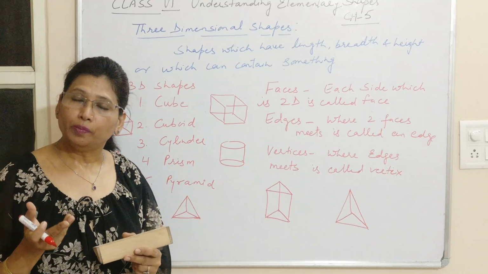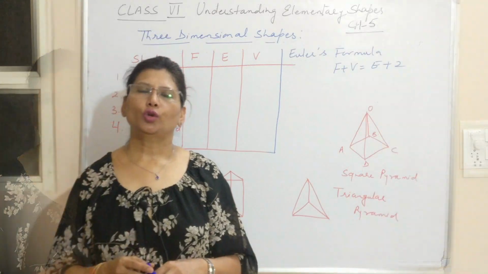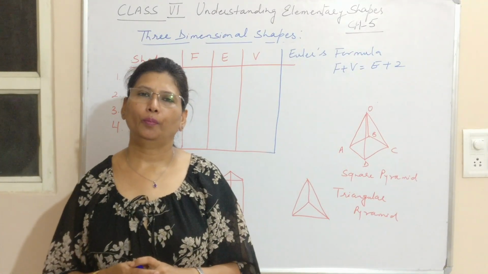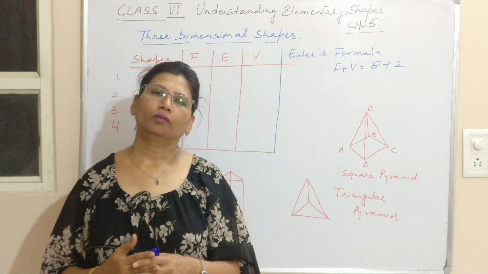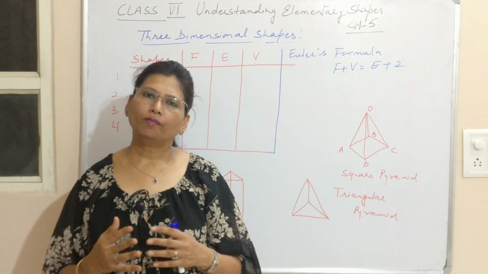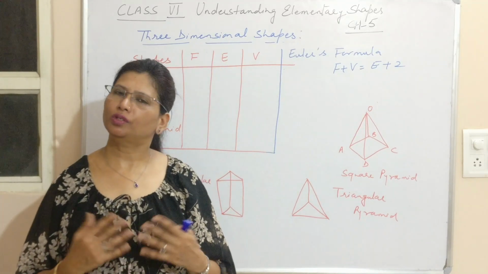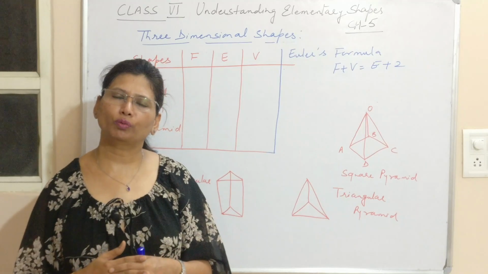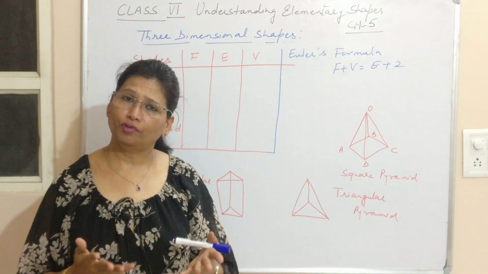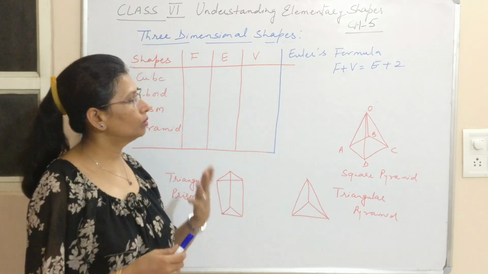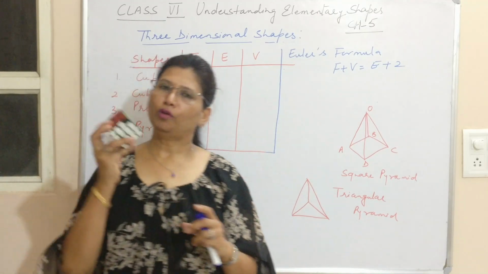So now I'll make a table related to faces, vertices and edges. Whenever we have questions based on faces, edges and vertices for any 3-dimensional shapes, one of the things is given, or generally it says find out how many edges or vertices it has. So we can have a 1 marker question, we can have true false, we can have multiple choice. So I'll just make the table based on this.